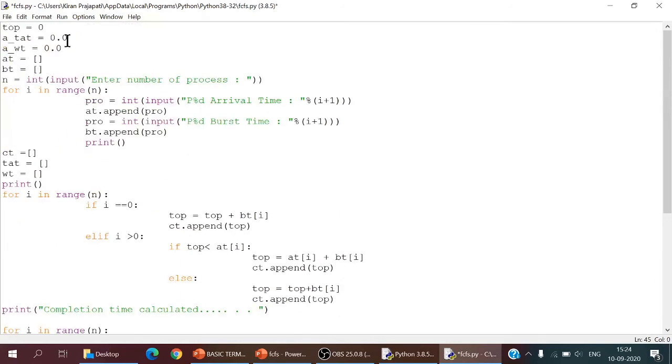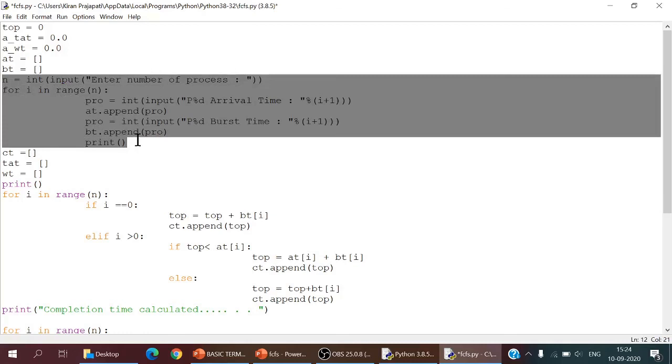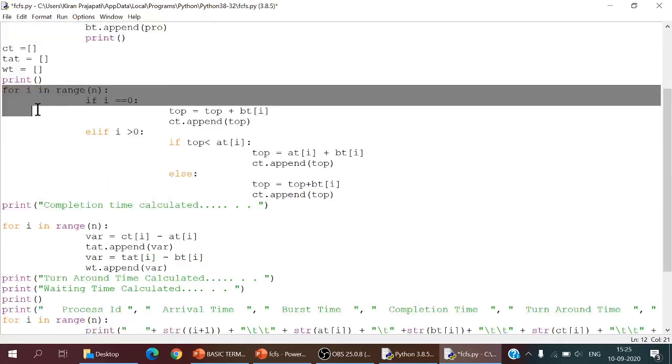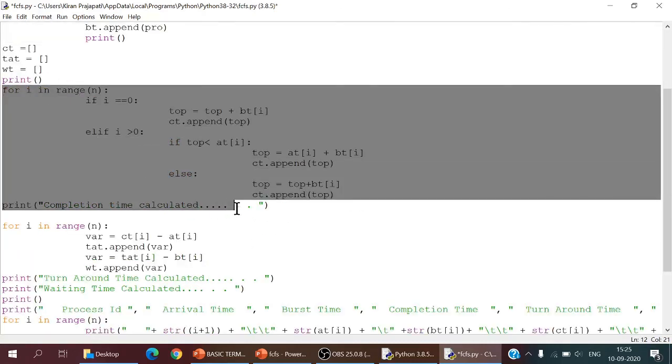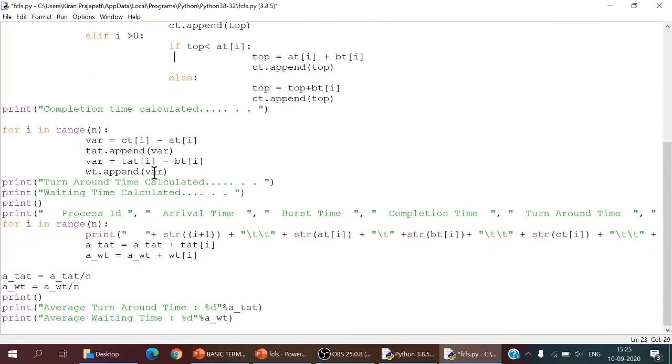Your major idea here is initializing all the lists, taking the number of processes and iterating to take the arrival timing and the burst timing, writing the proper code for calculating the completion time, and once the completion time is done, writing the code for calculating the turnaround time and waiting time, just implementing those two formulas. Then for the printing part of the sum, I write some statements, and thereby calculate the average TAT and average waiting time.